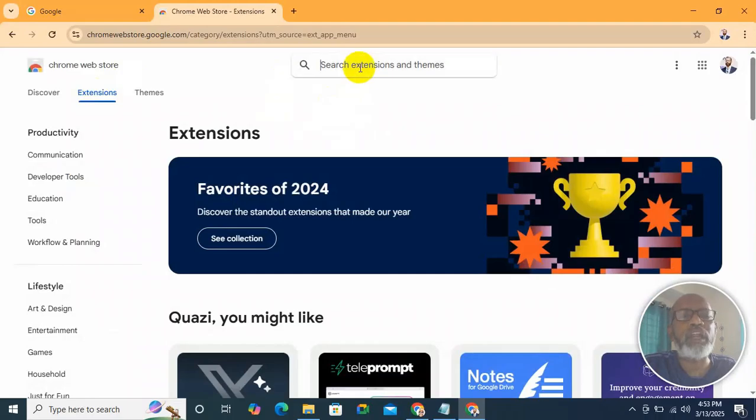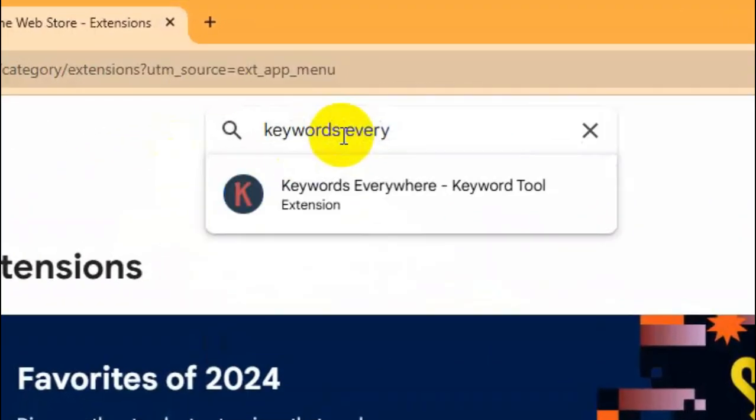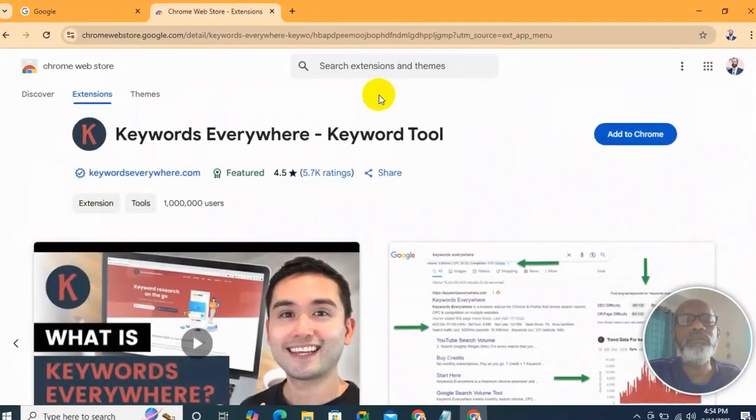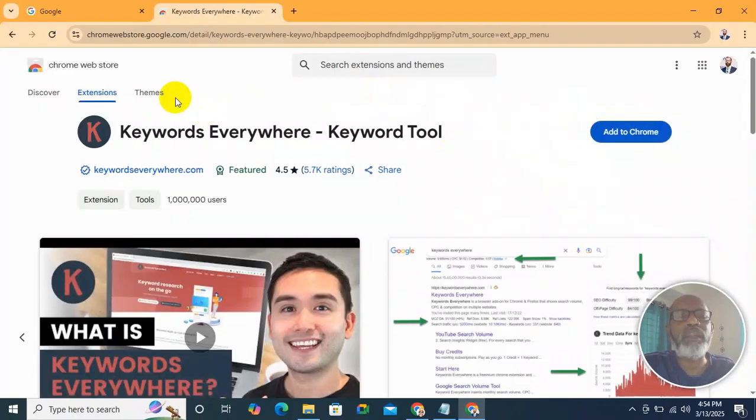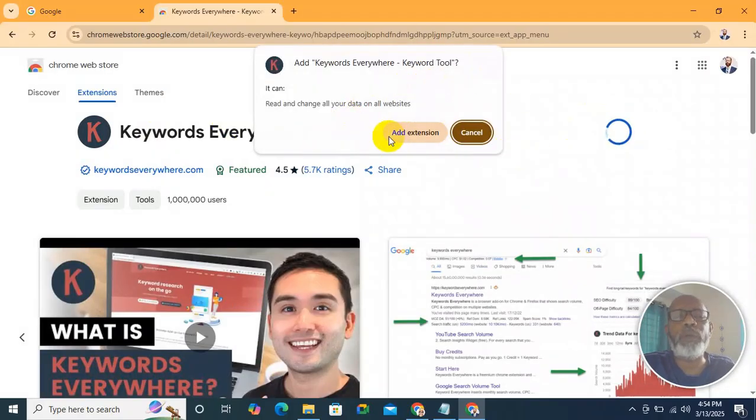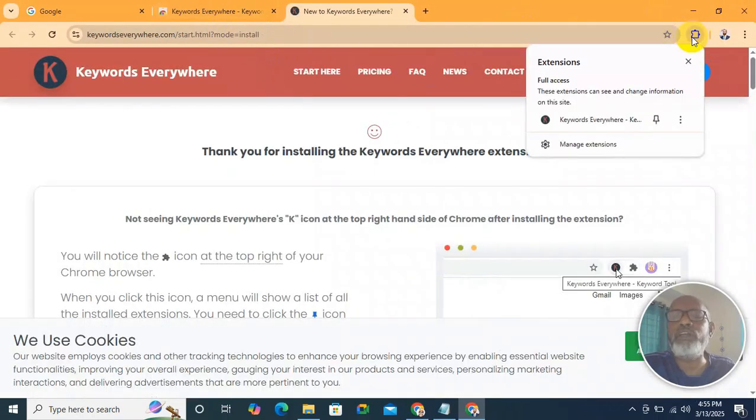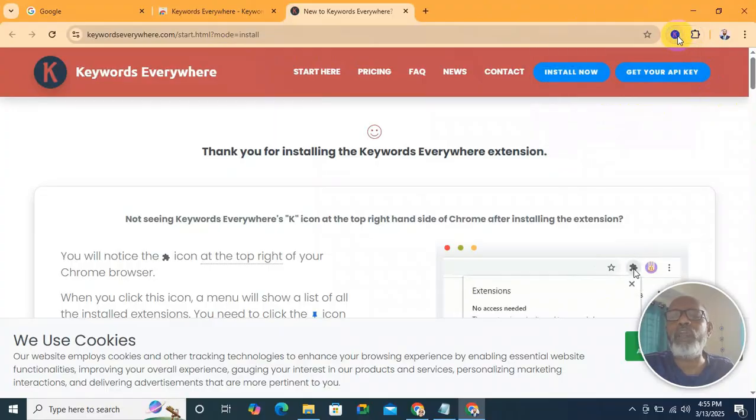Now in search, type Keywords Everywhere, and this is the Keywords Everywhere tool. Just click here, and then you will find the Keywords Everywhere keyword tool and click on the Add to Chrome button. A pop-up window will open. Click on Add extension and the extension is added. Go to extensions and click on pin on Keywords Everywhere, and look, the Keywords Everywhere tool is added on my browser